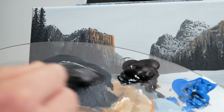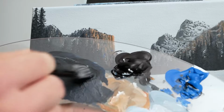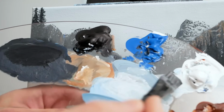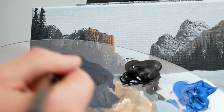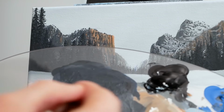Now, once that's dry, we can get a little bit closer, and we'll remix what will essentially be a combination of the darker pigment that we use for our trees and the lighter pigment. We want something right in between, something that fits with both pretty naturally. And that, of course, is going to have quite a bit of cerulean blue in it, titanium white, and Mars black. Then we switch on over to our liner brush, grab some pigment,